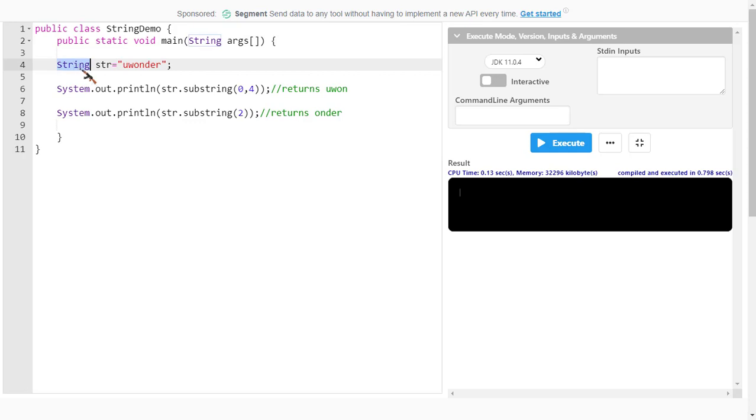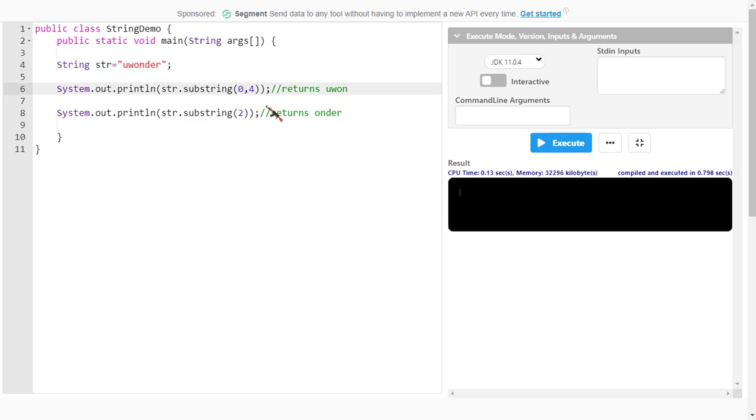This is the string str, and I want to extract the part "uwon". I want to just print "uwon" from this string. So this is the source name, then a dot, and then substring.